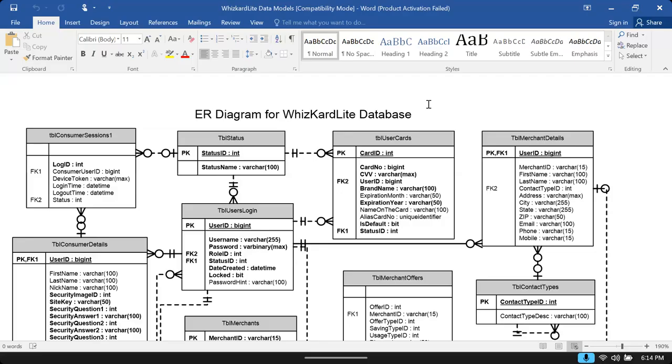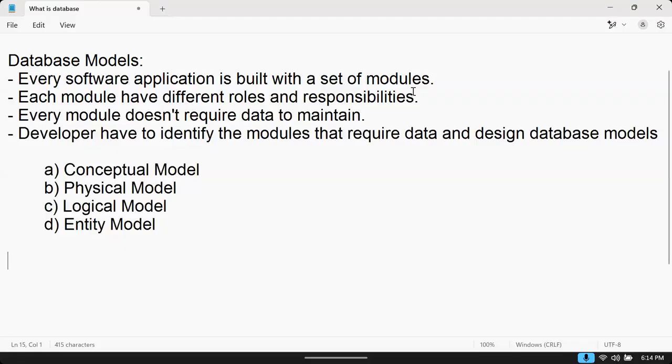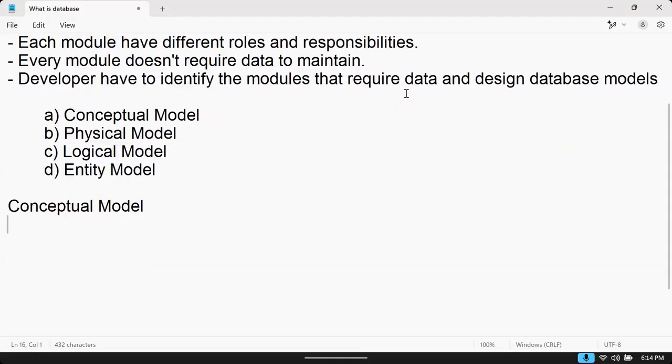I told you about the database layer. Our job is in the database layer. In the database layer, we design the database by following database models. So what are these database models? Let's see. First one is the conceptual model. That sample diagram I will post into the classroom. You can check that. But according to our project, we will build our own model. I will upload that sample for your reference.